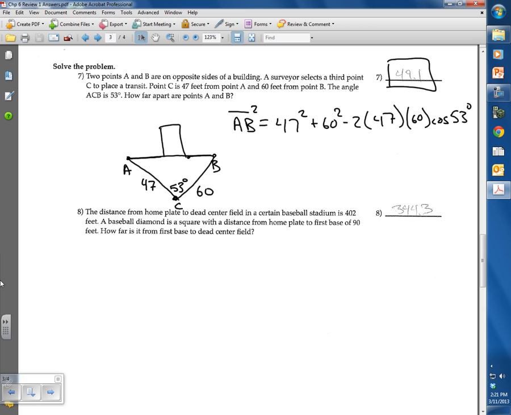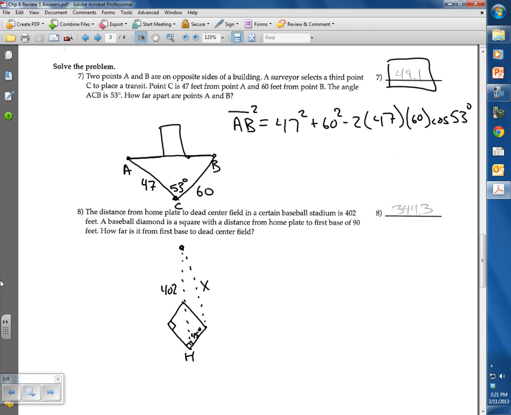Alright, center field is where we're going here from home plate to center field. It goes through second base to center field, which was 402. All of these angles were 90, so if I cut 90 in half, we get 45 degrees. And then our problem is how far from first base